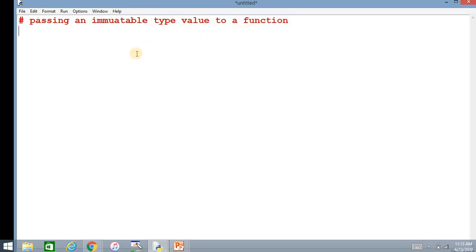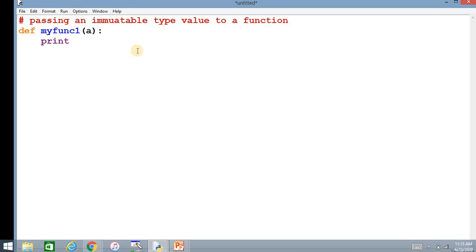Okay, I'm writing a function here. def my function 1, and I'm passing a here, colon, and inside the function I'm trying to print the value.